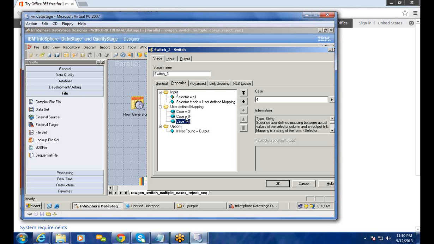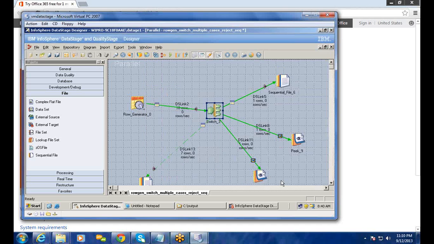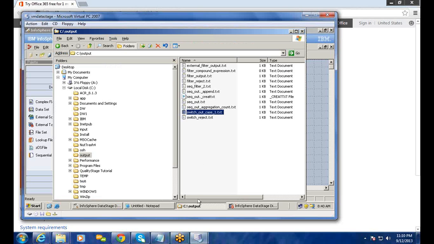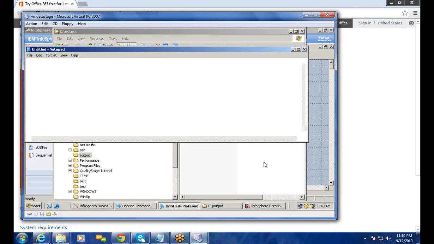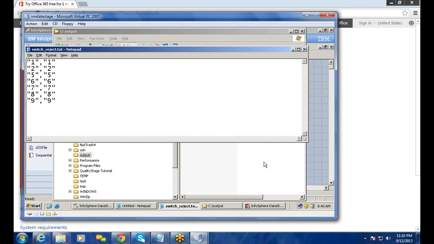Out of them, 3 rows get satisfied with the three case blocks. The rest of them need to be captured in the reject link. That's what we could see over here. Now we can go to the output folder, where we can see the rejected records. Other than 0, 3 and 4, all the records will be available here, which means all the 7 records which did not match